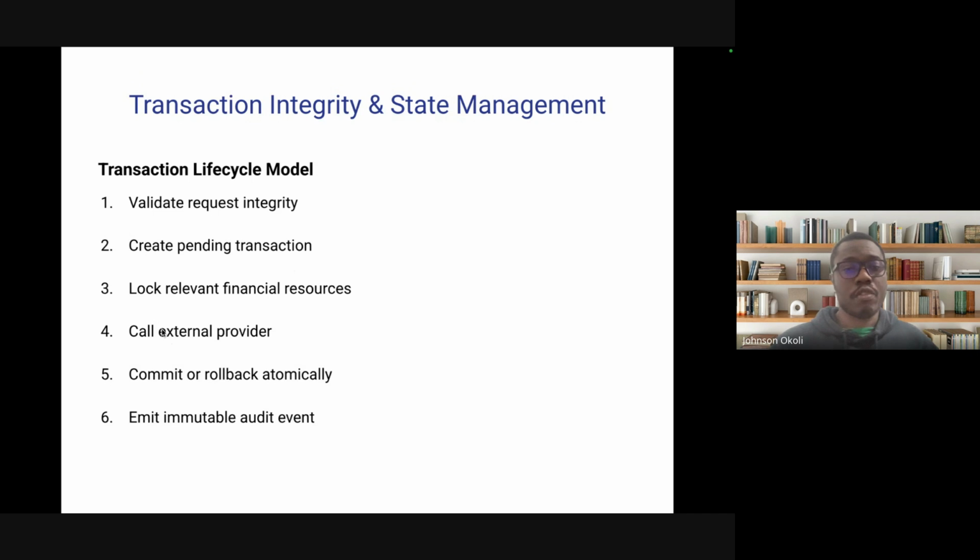Then you call the external provider, which in this case might be Stripe or might be Cloud Pay or whatever payment system you are using. And as soon as you get that response, you can now commit the transaction, and then you emit that event. And then when you emit the event, if it's one that actually requires a callback, that means you have to still await the response from the provider, probably through webhook or other means, where you now update the transaction as completed after the whole cycle is done.